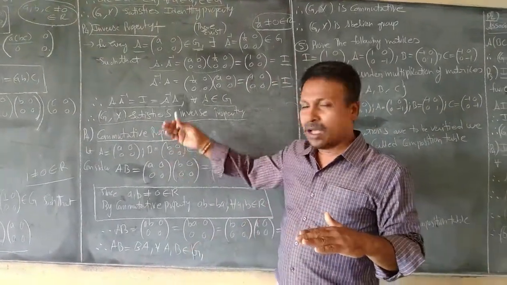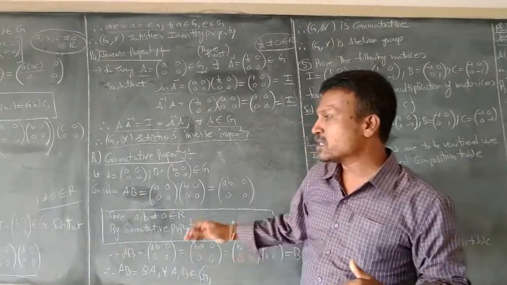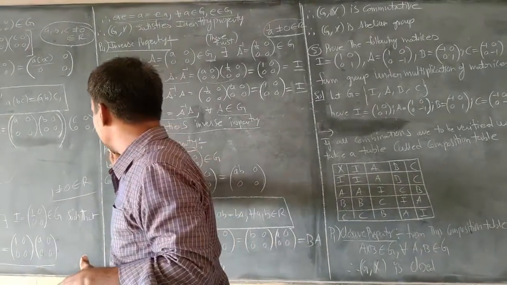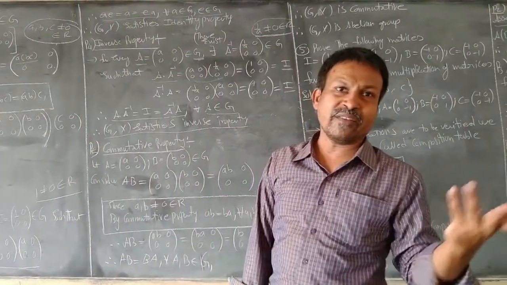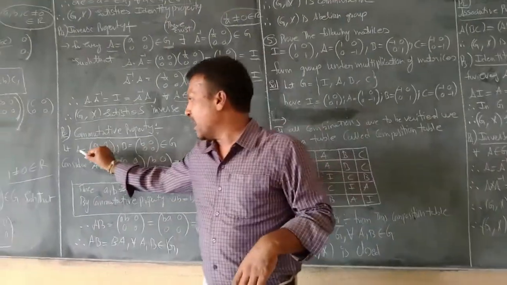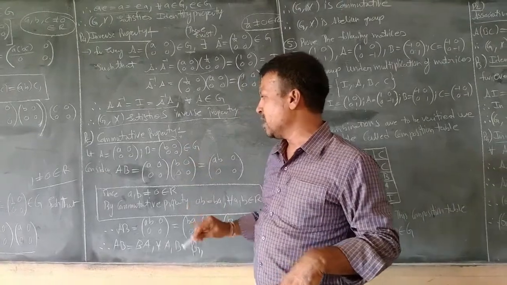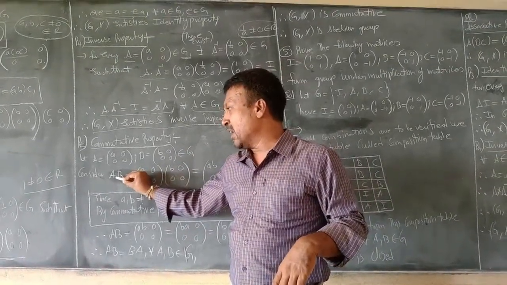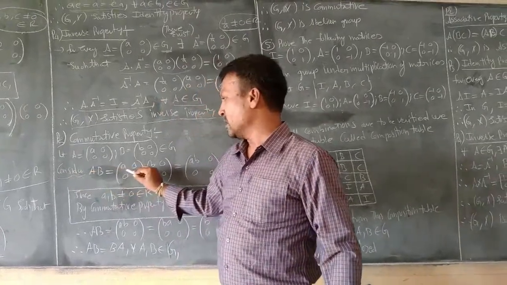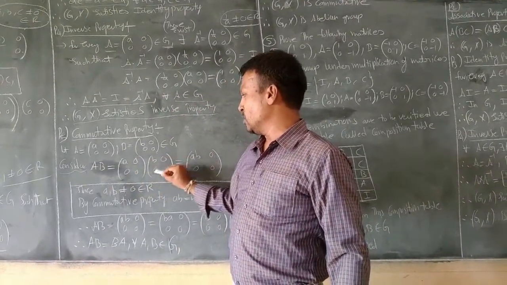Right. I will move to the next property, that is the commutative property. What does the commutative property state? The commutative property states that AB is equal to BA for every A, B belonging to the set of matrices G. I am taking capital A equal to [a 0; 0 0], capital B equal to [b 0; 0 0] belonging to G. So I am taking the left hand side of the commutative property. I am considering that AB is equal to, right, [a 0; 0 0] times [b 0; 0 0].